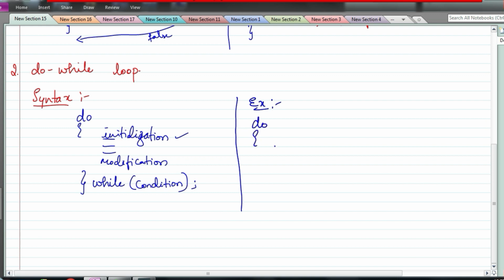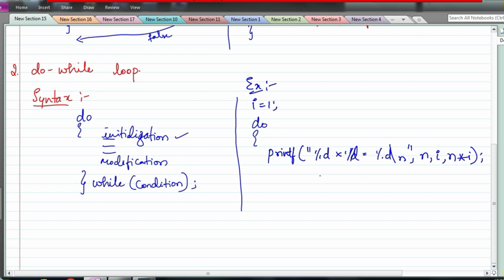I equals 1, I am going to give outside the loop itself, and then here we will write printf("%d into %d equals %d\n", n, I, n*I), then we have I++. Here I am going to check the condition while I less than or equal to 10.